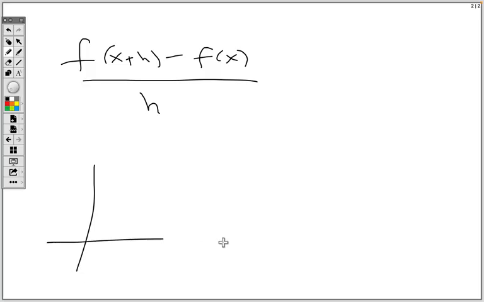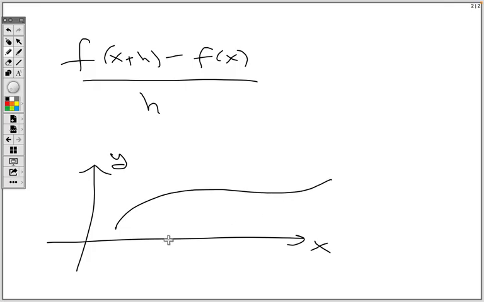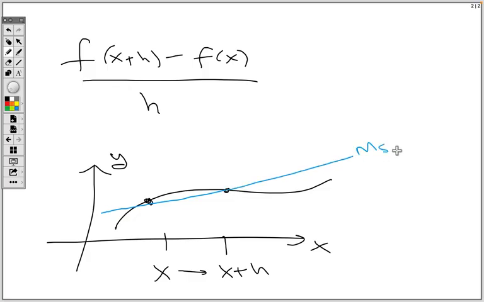And if we look at what this is, just to remind you where this is coming from, if we think graphically, we're at some point x, and then we move to some point x plus h, assuming h is positive here. And we look at the slope of this line, this so-called secant line, a line that cuts through these 2 points. We would look at the change in y over the change in x. But since we're looking at the graph of the function y equals f of x,